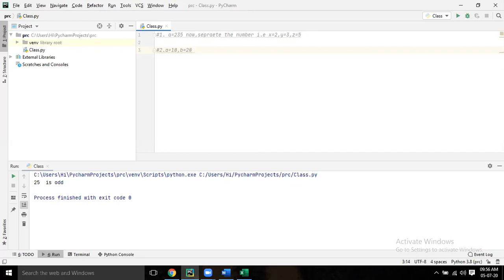Just write output, O dot P. Output should be 20 is greater than 10. If A equal to 20, B equal to 10, then also it should print which is greater.